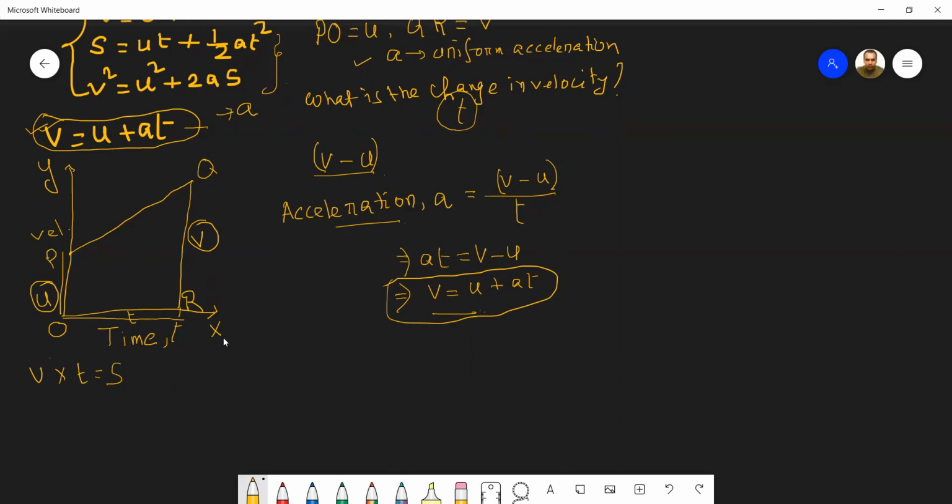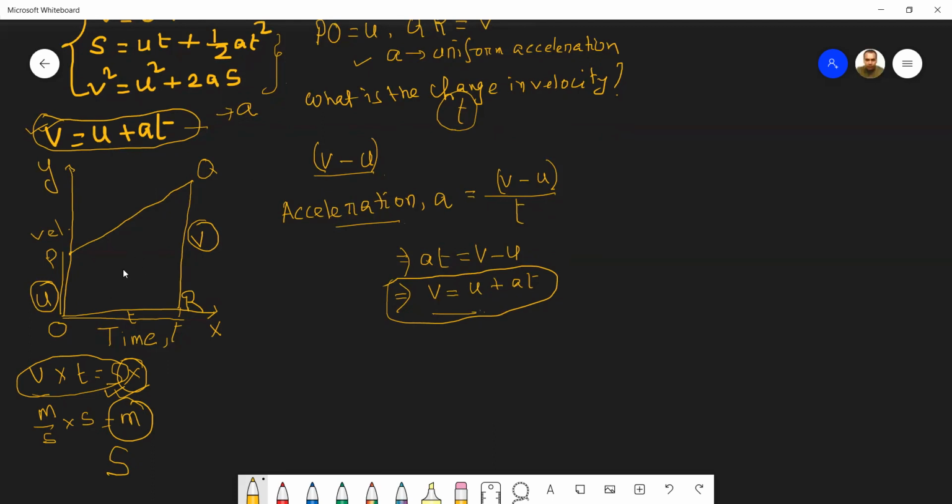This is a very general equation of distance in terms of velocity and time, considering that there is no acceleration. What I mean to say is that this enclosed area would give us the distance covered by the object. Velocity has a unit of meter per second and time has a unit of seconds. The seconds get cancelled, so m is the unit of distance, which is s in our notation.